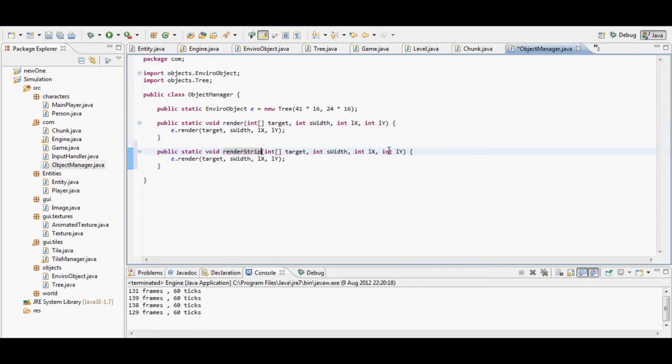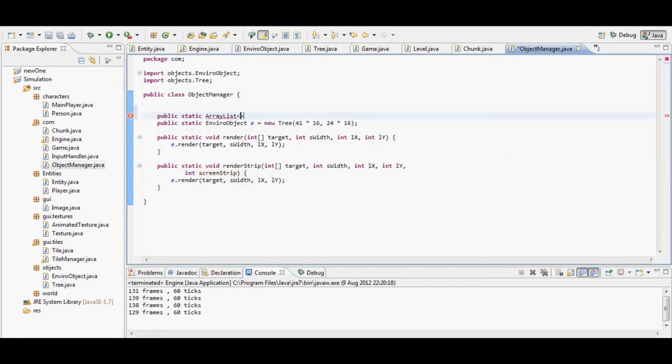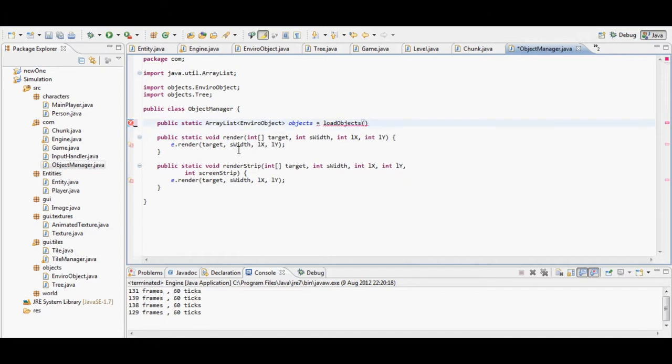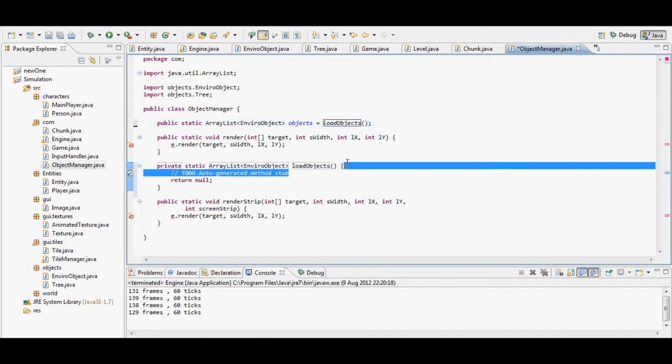Now what this will do is we will pass it a screen strip, and it will figure out where on the screen each of the objects we create are, and then only give us the objects where the bottom of that object is on the certain strip that we send them. Now the good thing about this is, as I was saying about the rendering improvement,